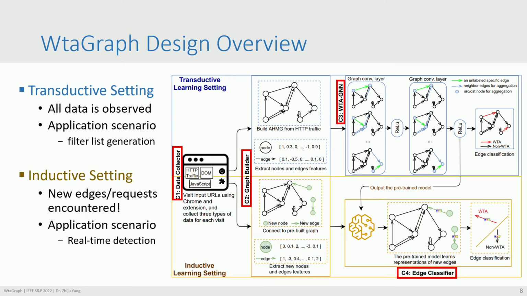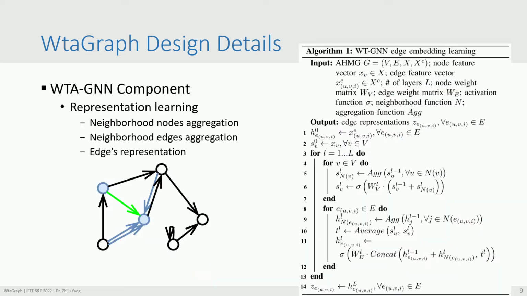You're going to present those unseen edges. Okay? So the more realistically you can have the real-time detection, right? And I want to give a little bit more details regarding how we learn the edge representation with our graph neural network. So it is learned by aggregating the neighborhood node representation plus the neighborhood edges representation plus its